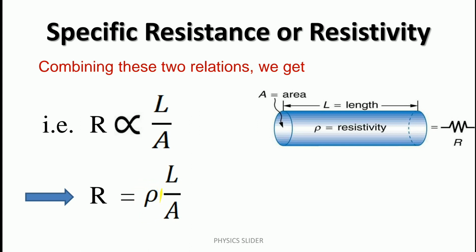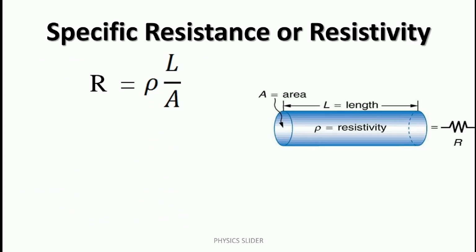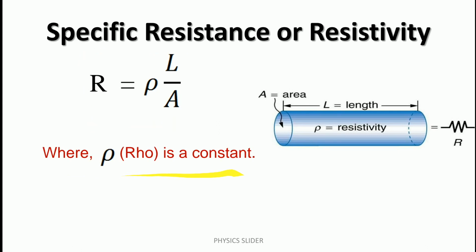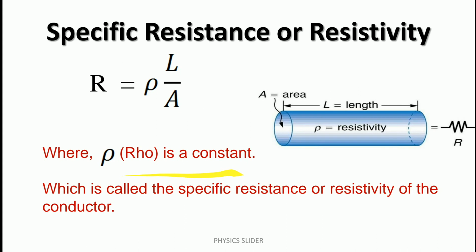So this rho is the specific resistance or resistivity. This is the expression for the resistance in terms of specific resistance. Now we will define the specific resistance with the help of this formula. Watch here. Where rho is a constant, which is called the specific resistance or resistivity